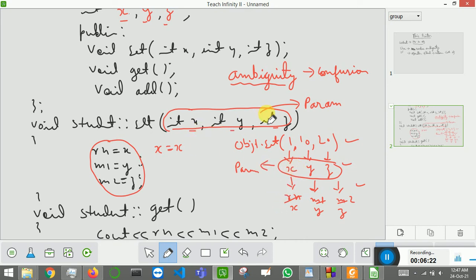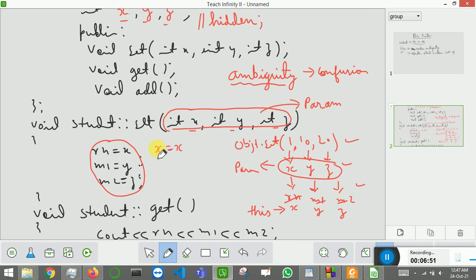So to resolve this ambiguity, to remove this confusion, the this pointer is used. So how do you use the this pointer? You will write this and then an arrow, so this arrow x. Always remember that the variables will become hidden if the parameters have the same name as the variables.